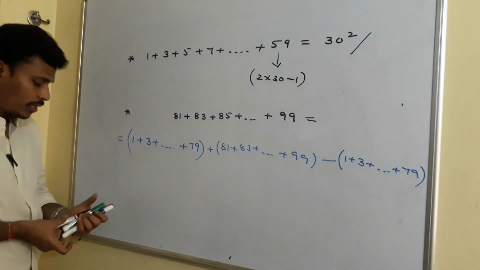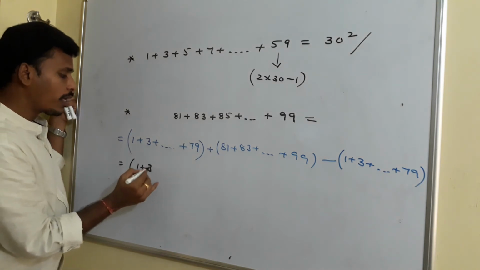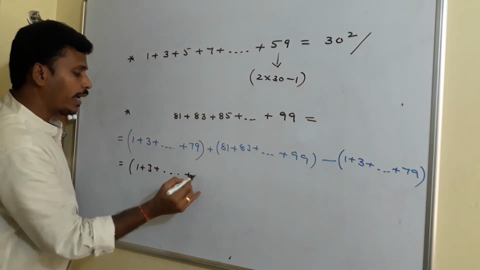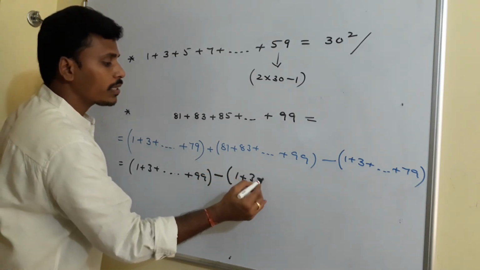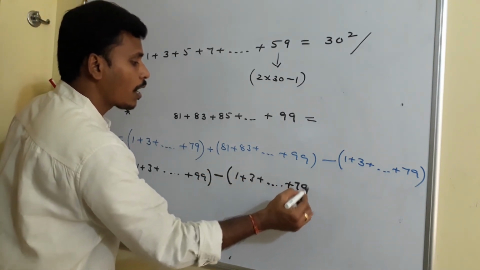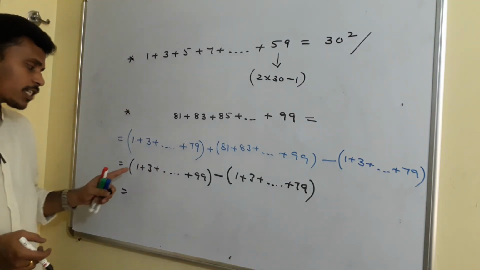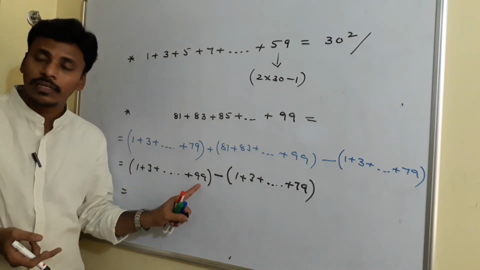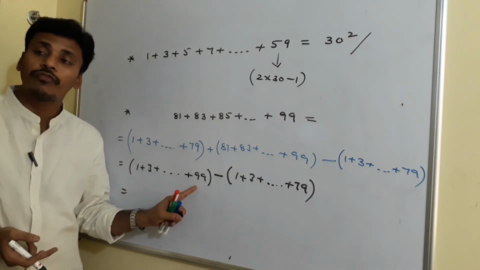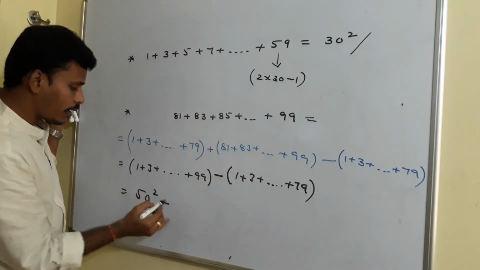And now if you look at this, the first two brackets will combine together and become 1 plus 3 plus and so on plus 99. All these are odd numbers up to 99, minus 1 plus 3 plus and so on plus 79, odd numbers up to 79. Now if you look at the first bracket, it starts at 1, every number is odd, and it is up to 99. See, 99 is 2 into 50 minus 1, the 50th odd number. So this summation is 50 square, minus